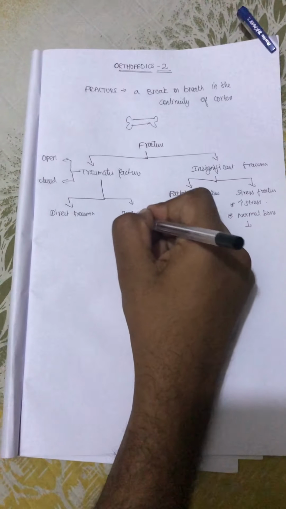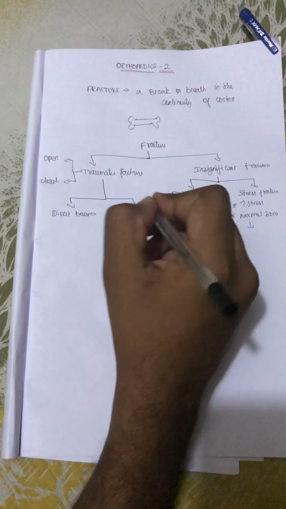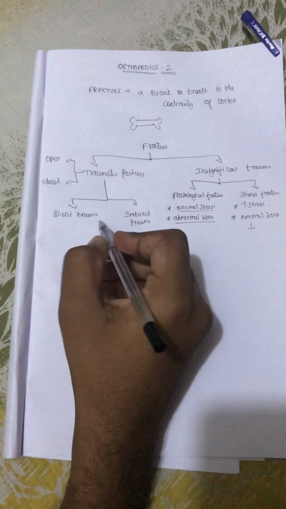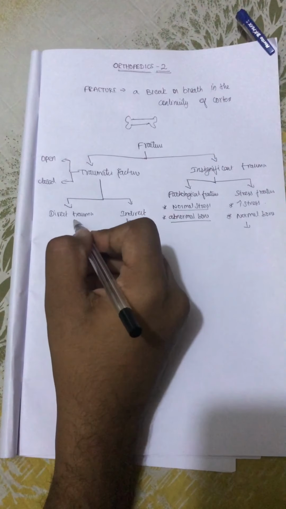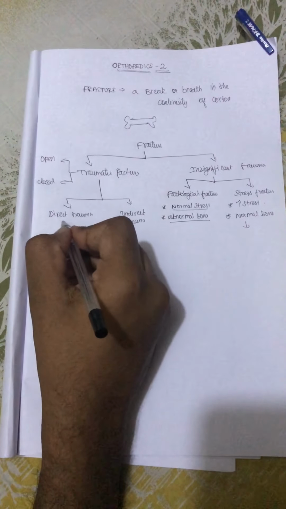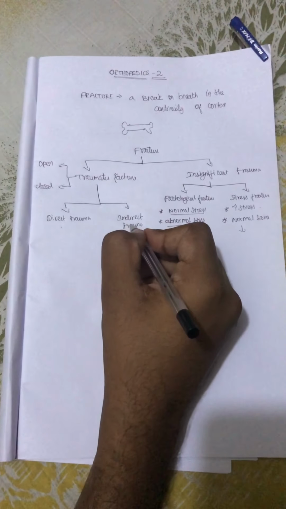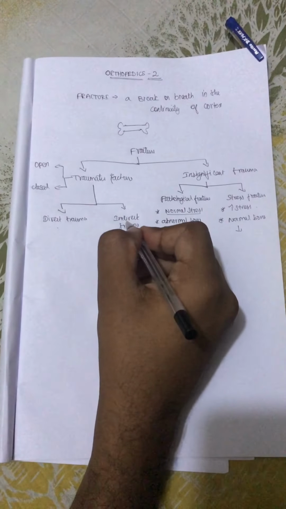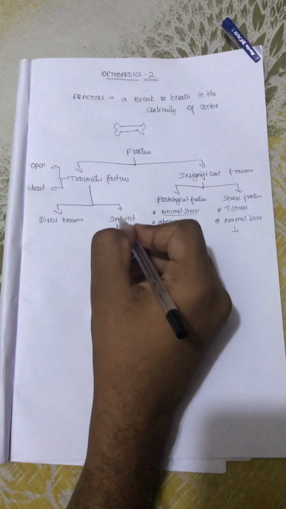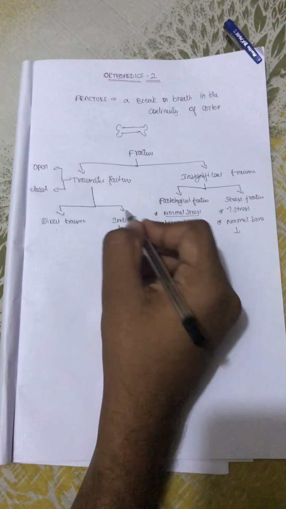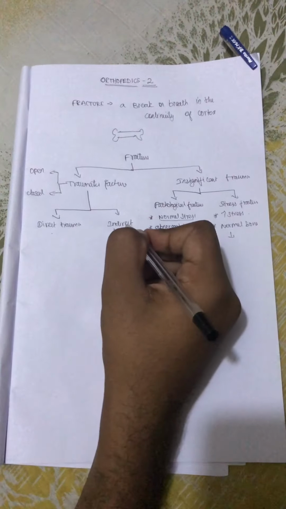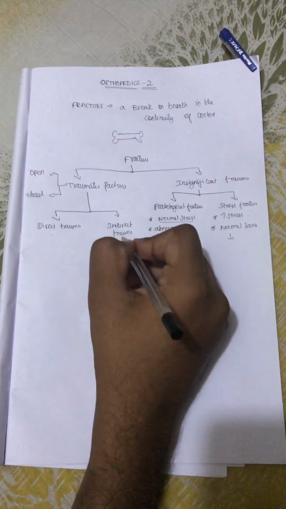If the fracture is due to trauma which occurs at a particular bone, and the bone which got the trauma is fractured, then it is called direct trauma. In indirect trauma, the person underwent trauma, but the bone fractured is not the actual bone which underwent trauma, but a bone other than the one which contacted the trauma. That is called indirect trauma.